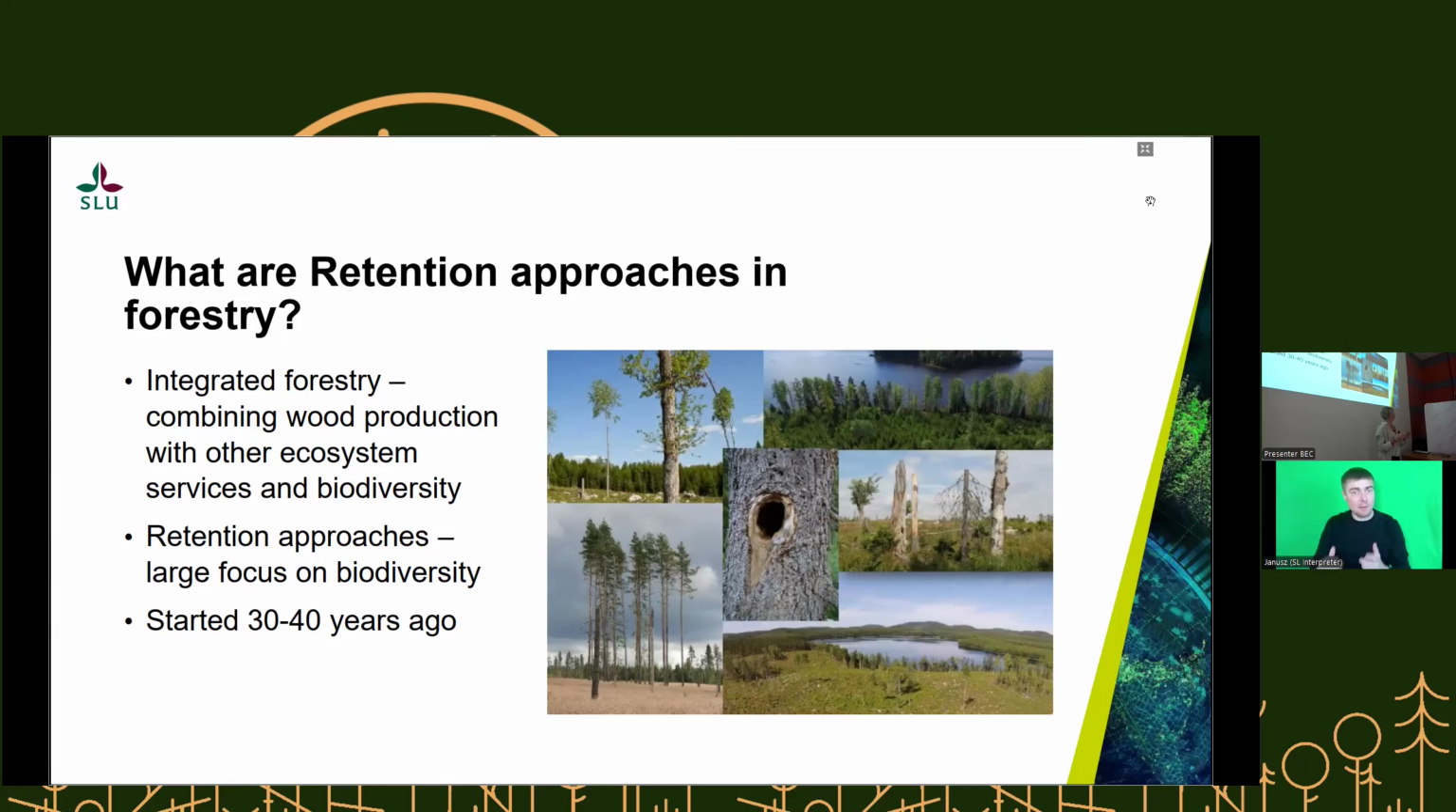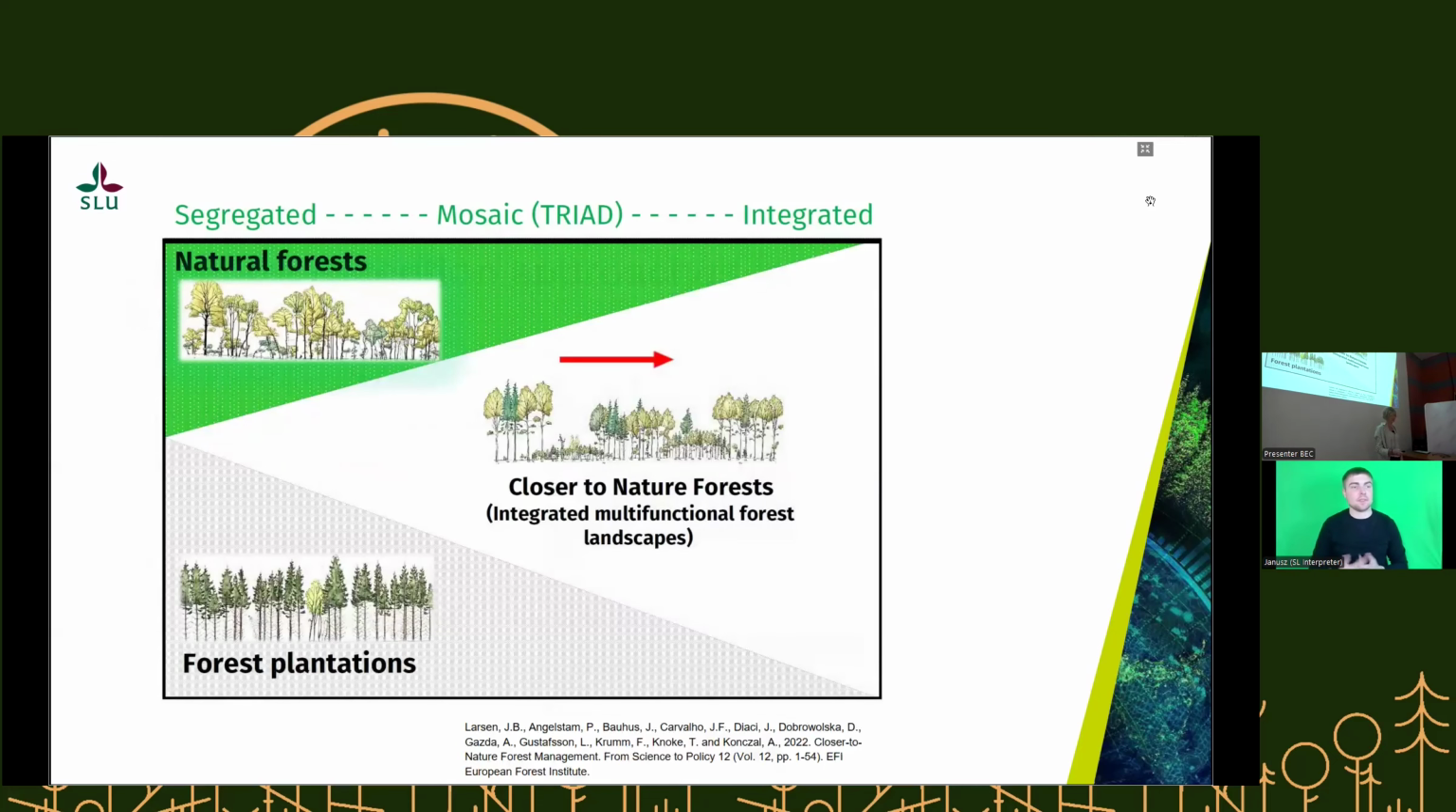When it comes to retention approaches, there is a large focus on biodiversity conservation. You do this for biodiversity, but you could also do it to increase the value for different ecosystem services, or for sustaining ecological functions and so on, but I will concentrate on the biodiversity aspect. This started 30, 40 years ago, and the idea behind it, as I said before, is to